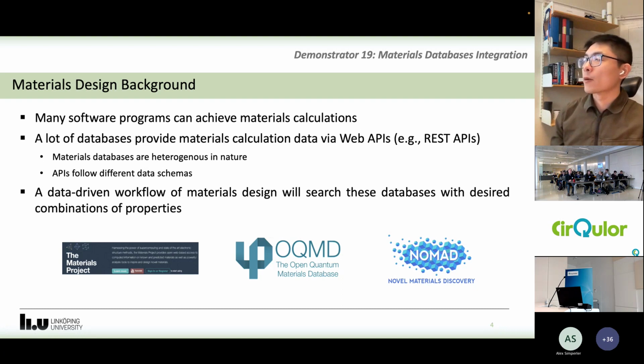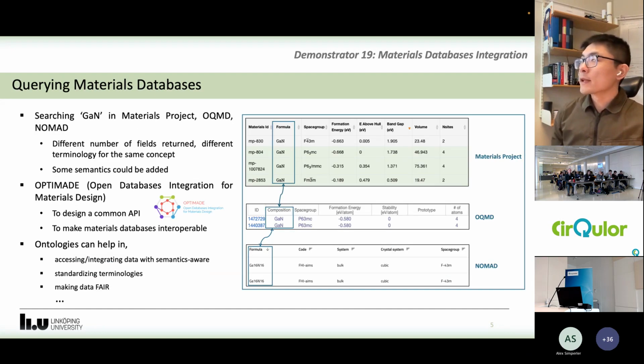Some problems appear when people need to query data from these different databases, since they are usually heterogeneous in nature. For instance, if one wants to search for a material with the composition gallium nitride in these three databases, the result is slightly different from each database.